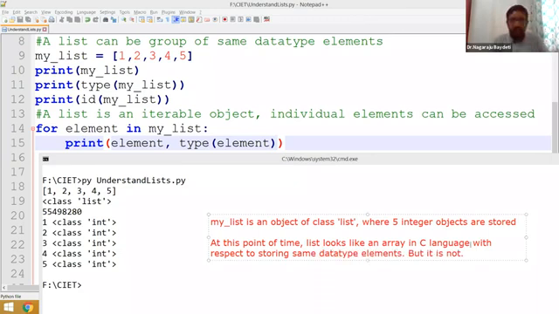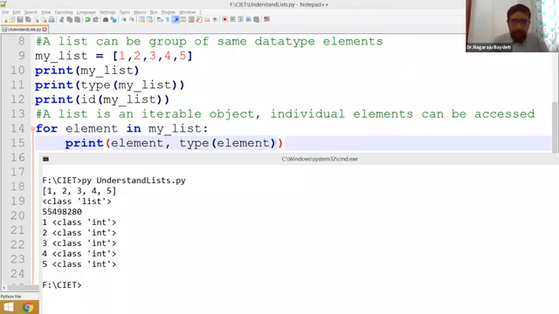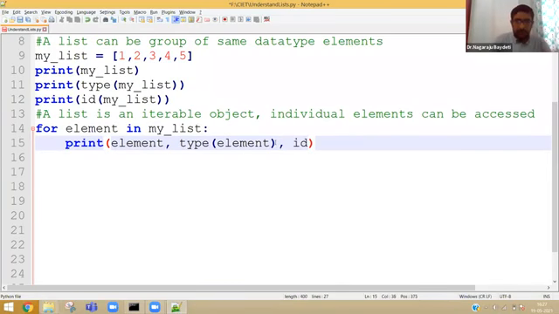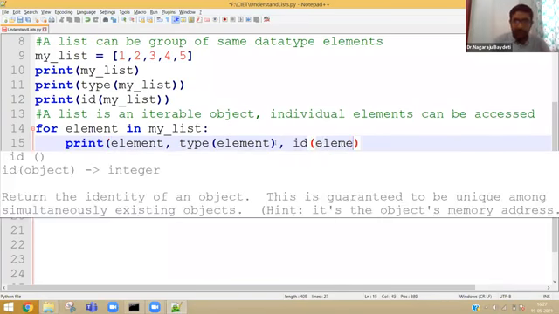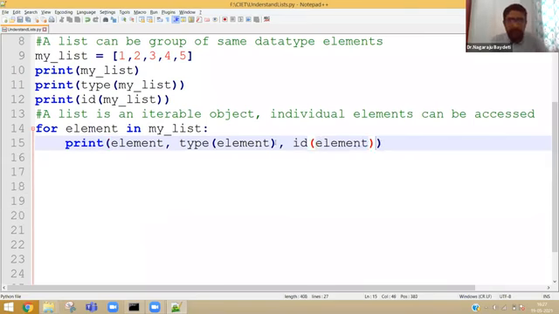Now let me take a screenshot and also show you the ID of the element. Now we are going further. First of all, a list is a group of elements. That's very simple to understand. Now let us try to understand how exactly this list is organized at the system level. Basically, how the memory management is handled in a list.